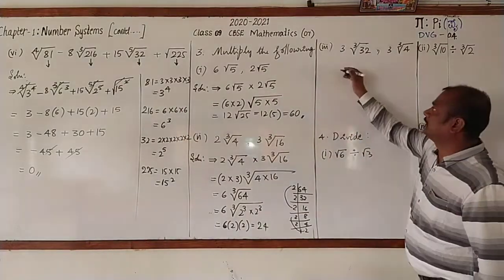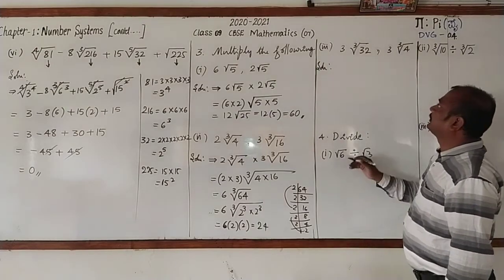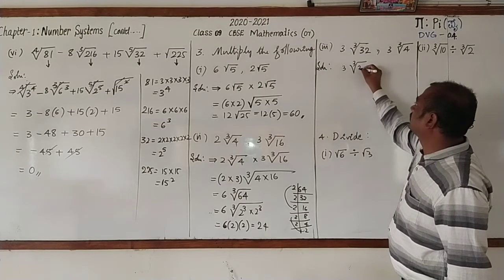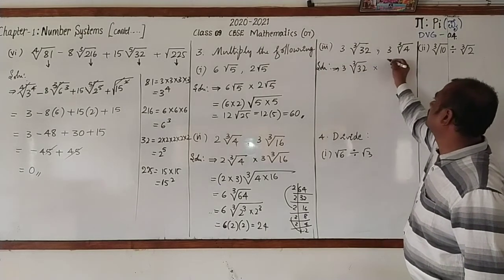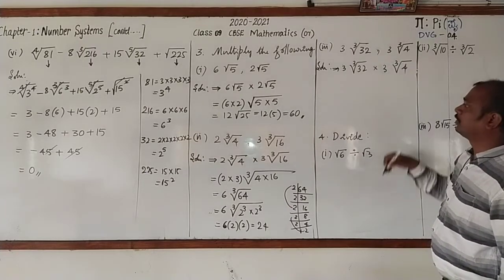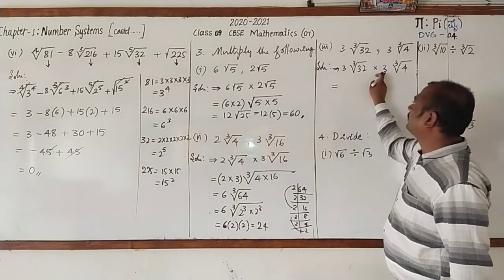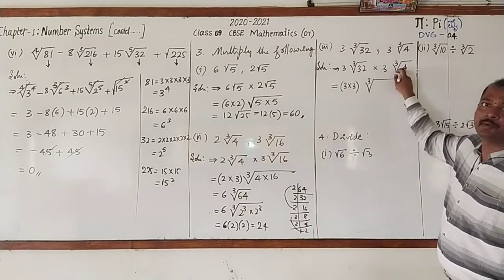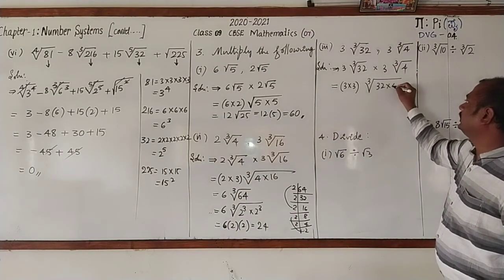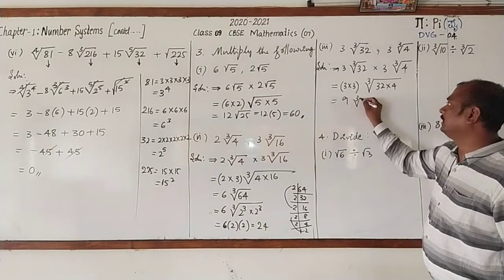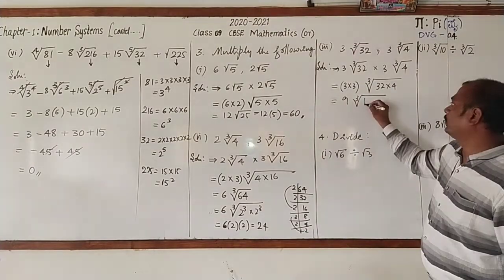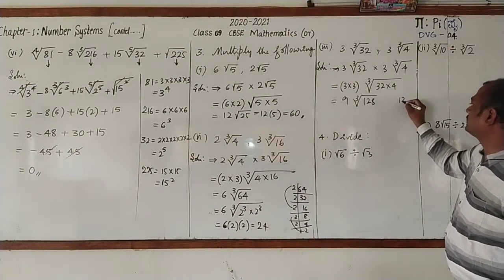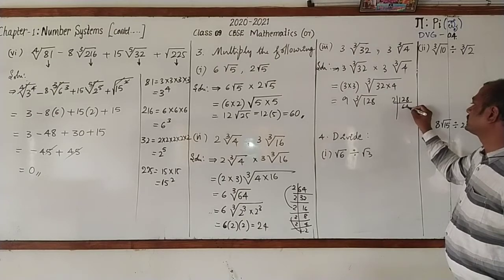Next, come to this one. Let's go for multiplying this. It is 3 into cube root of 32 into 3 into cube root of 4. This is equal to, multiply the coefficients, 3 into 3. Then order is same. Go for multiplying the radicals, 32 into 4. What is 3 3s are? 9. Cube root of 32 4s are 128. Then again, how do you go for simplifying? Go for this method. 128, 2, 64s are 2,